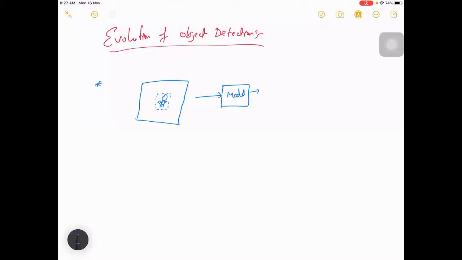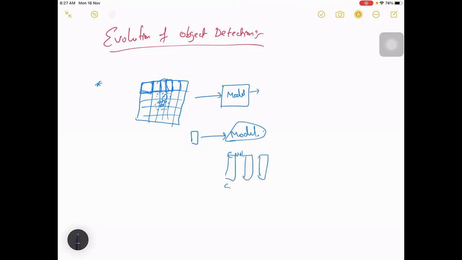So what people initially thought of is, you pass the image one window at a time. We have seen this windowing even in convolution, right? So you pass one window, then a second window, third window, fourth window, and each window you pass to a model, and this model can actually be a CNN, where you extract a few features from your image, and then maybe have a few layers,